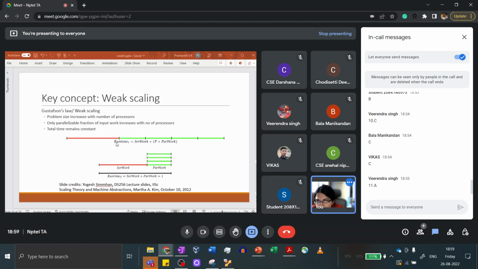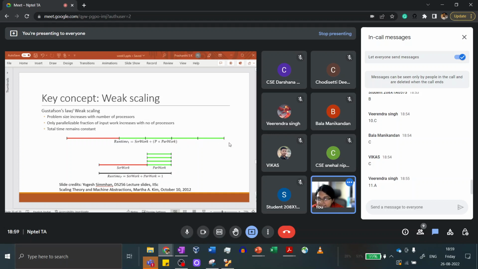So here's an example. This red part is your serial work, and then you have some portion that is parallelizable, right? Now what happens, as you increase the number of processors, the parallelizable fraction of the input work increases, but the serial work remains constant. So this is a characteristic of the problem itself, right? That as you scale up the problem, the serial work does not increase, but the parallel work keeps increasing with